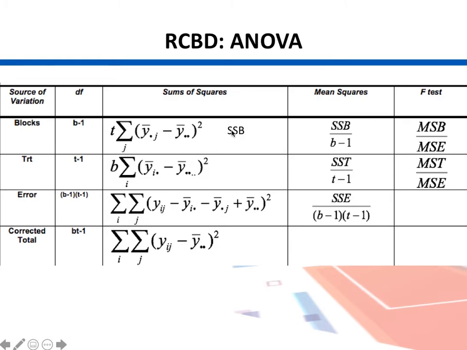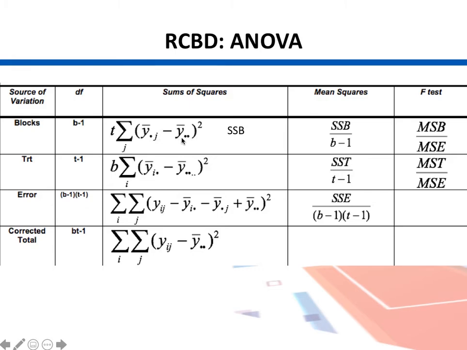The sum of squares for block can be calculated like this: y bar dot j. So what we do over here is we go for each block, and we calculate the mean for the yield of those varieties in each block. And this dot represents that it is taken from all of those treatments. And we do it for j equal to 1, the first block, and second and third and all of them,